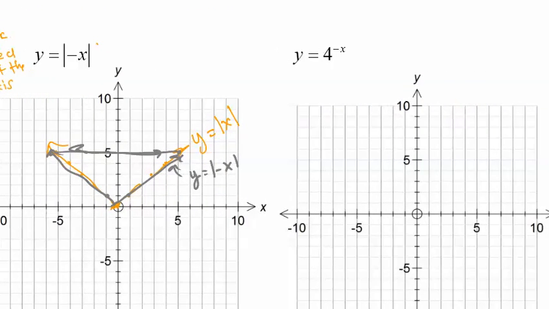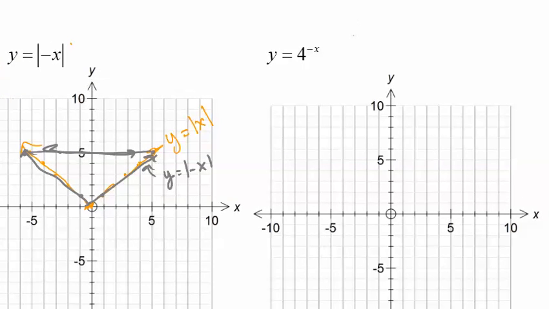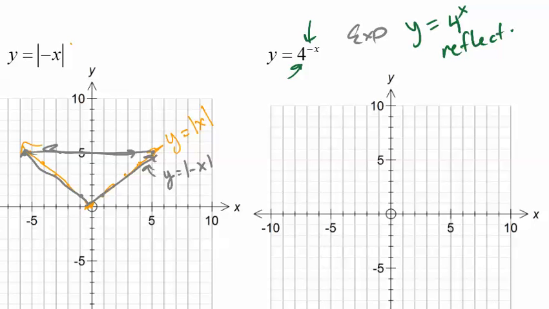But now let's look at one that's not symmetrical. Okay, let's look at the exponential. So we have an exponential function here. And so exponential is y equals, since the base is 4, it's going to be 4 to the power of x. Okay, so y equals 4 to the power of x. Let's graph that one. Actually, we know that the reflection is going to reflect over or about the